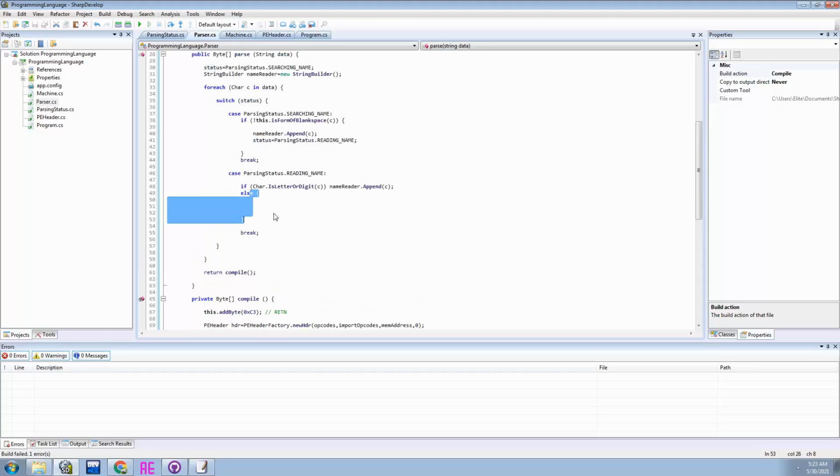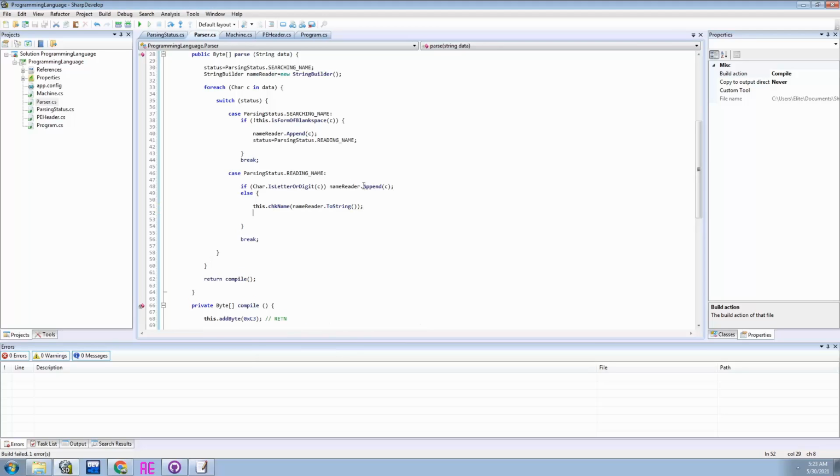Well, actually, wait, I forgot to fill this in. We have to plug in the variable we made, or the method that we made, and we have to convert the string builder to a string that gets the value that it built up. As you can see, every time we append, we're adding a character to it, and then we clear it